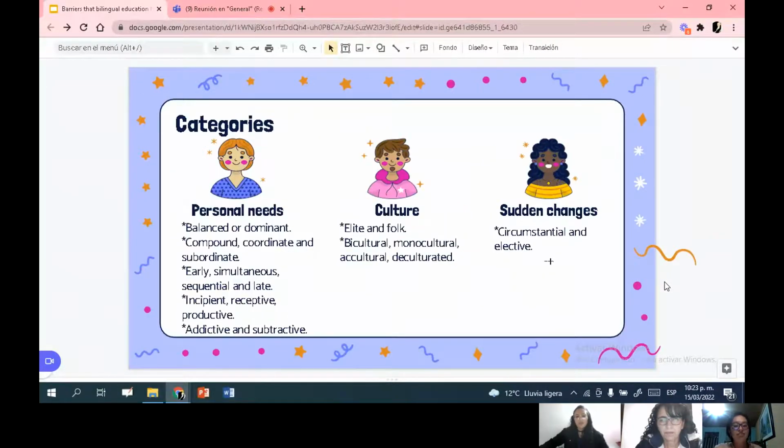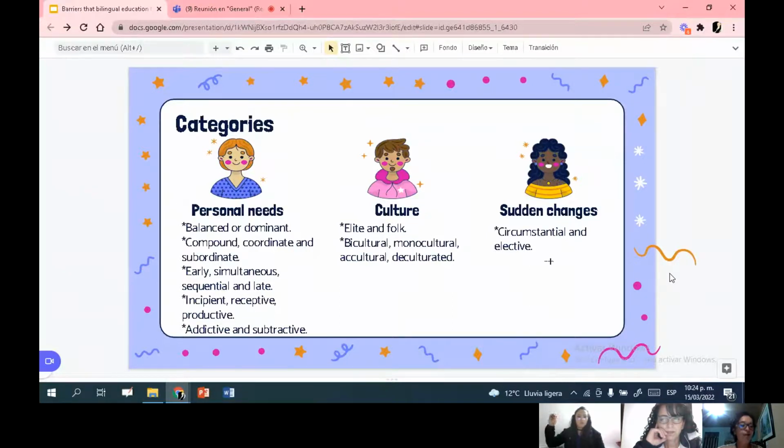This is our classification about the reading. The categories are: personal needs are all the things that you need according to your needs. What are the uses for the language? For your work, for your personal development, and for a new job? Well, it's personal. About the culture, when you are learning a new language, you also learn about their customs and